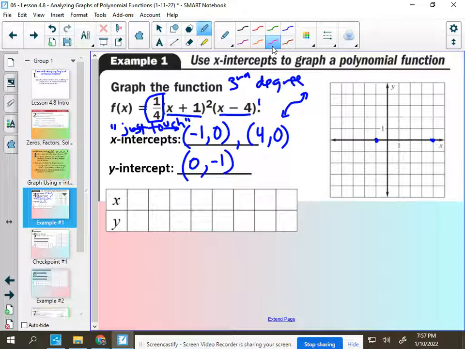But there's no secret. I'm actually plugging these numbers into the calculator. I just did them beforehand. So 0, -1. Okay, great. So now the last part, the directions on the homework or on a quiz would say plug in points between and